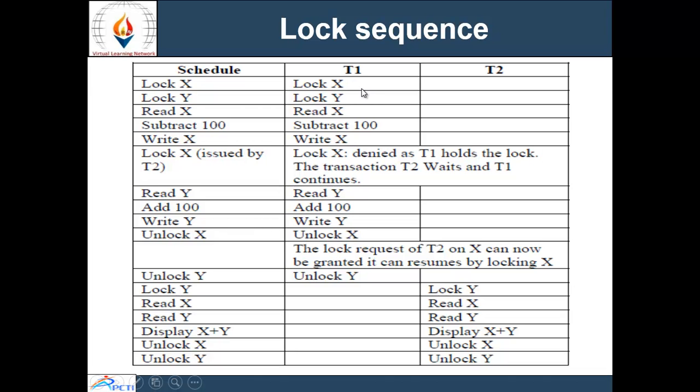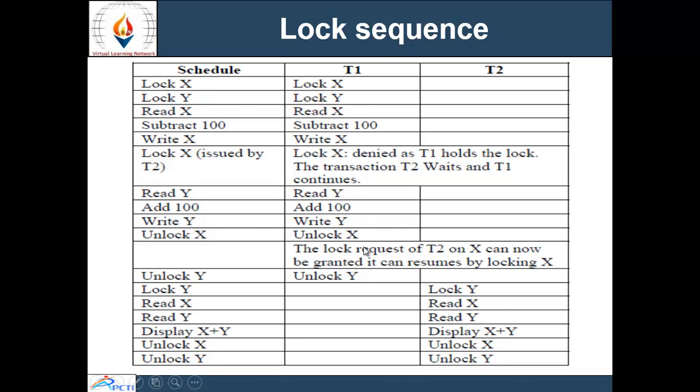X is already locked by T1, that's why the lock issued by T2 is denied. The transaction T2 waits and T1 continues. Now T1 reads Y, adds 100 to Y, writes Y and unlocks X. Now the lock request of T2 on X can be granted and it can resume by locking X. Now it unlocks Y. Now T2 can lock Y.